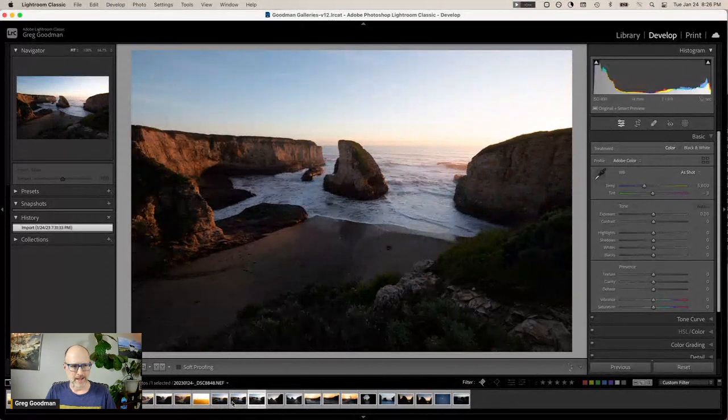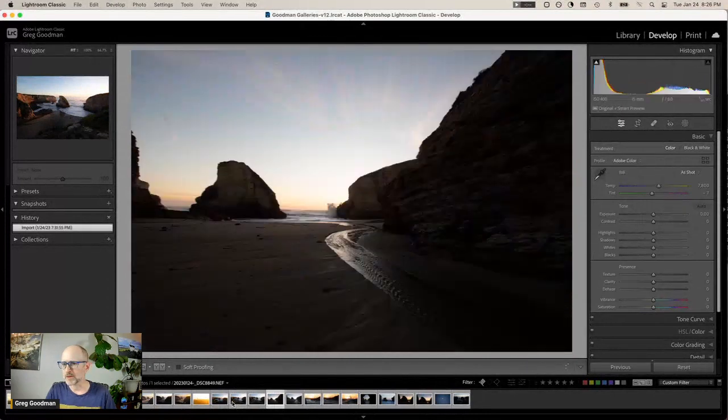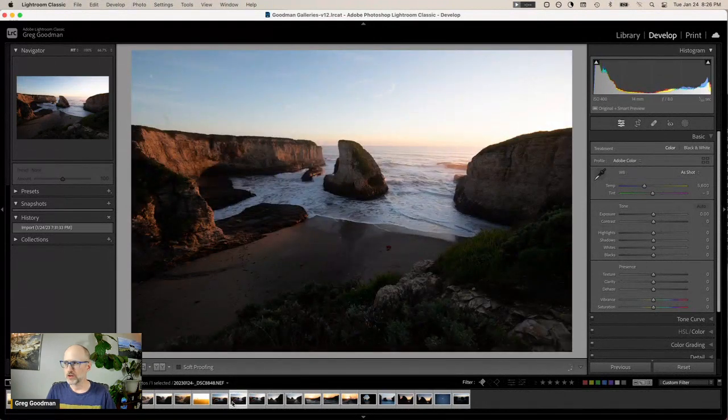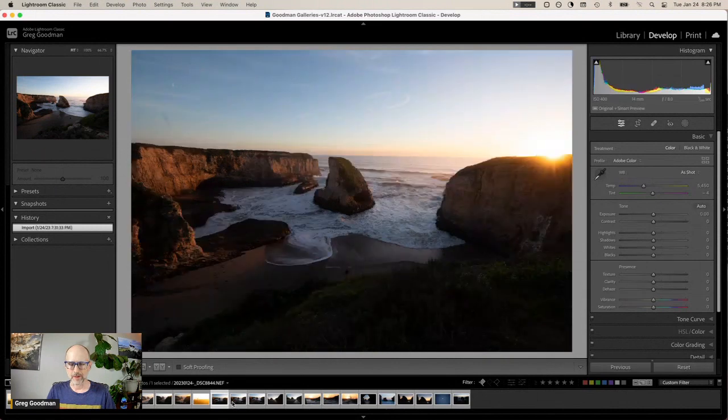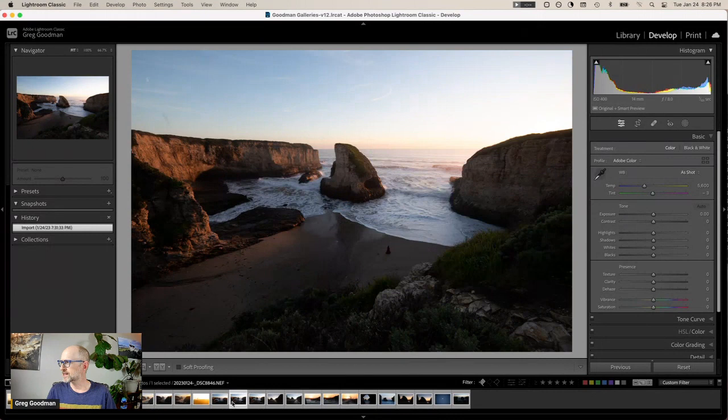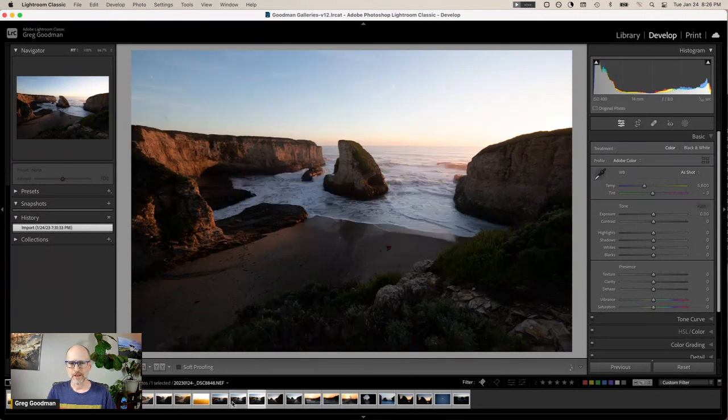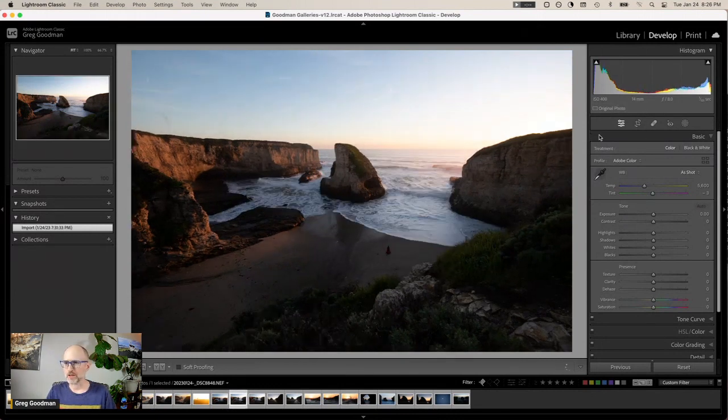Which one of these? There's someone watching live. Should we do number 1, 2, or 3? They're pretty similar. I've already got one with the sunburst, so let's see. Arbitrarily, let's do this one. All right, so we're going to go over to develop, and the very first thing I like to do is